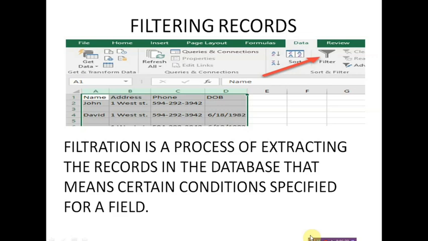Filtration is a process of extracting the records in the database, that means based on certain conditions specified for a field. Filtering is a quick and easy way to extract the records from the worksheet. It is an easy way to extract whatever data you want from a table.